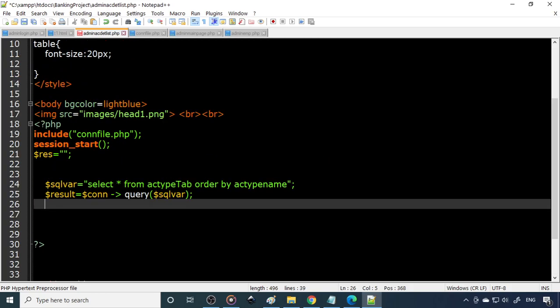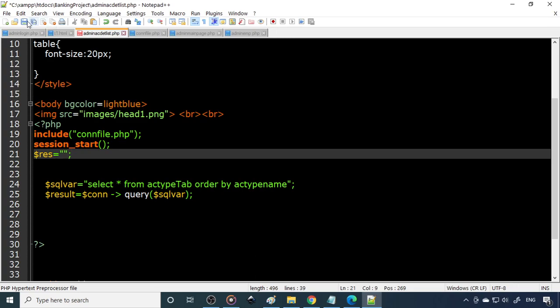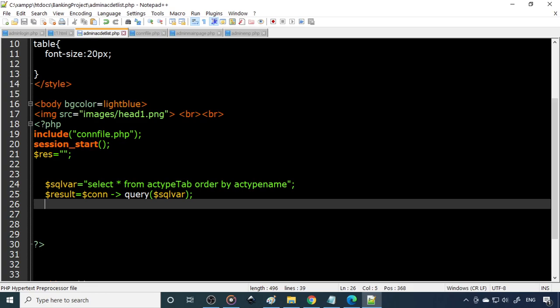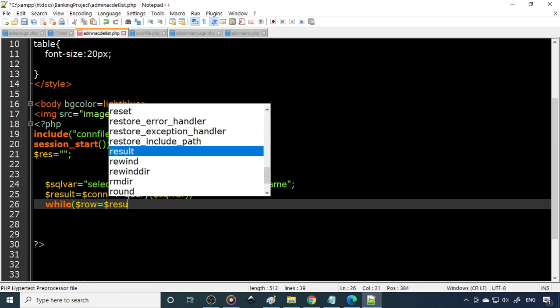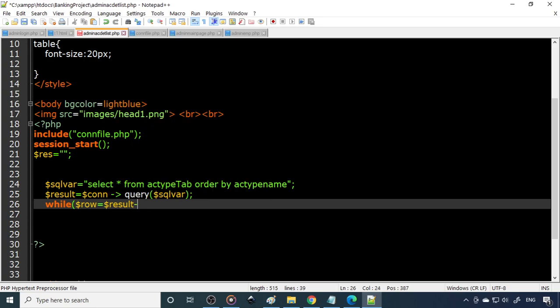Right, now let's see how to do this. We can save this. The next step is to use the while statement here. While there is a record, we need to print the record. So you can say $row equals $result, because the values are there in the result, then you use the keyword fetch underscore row.